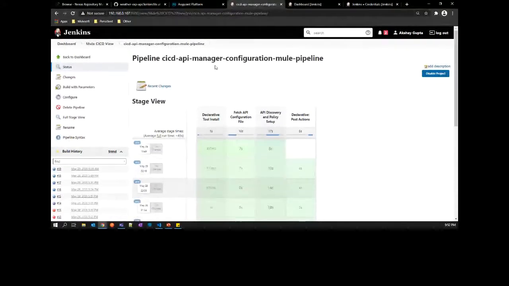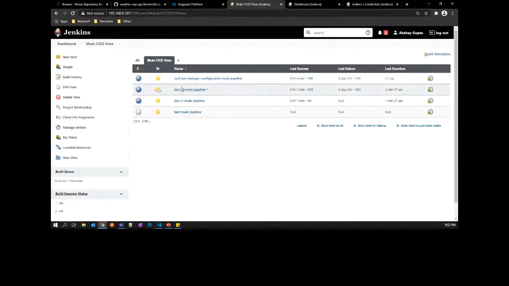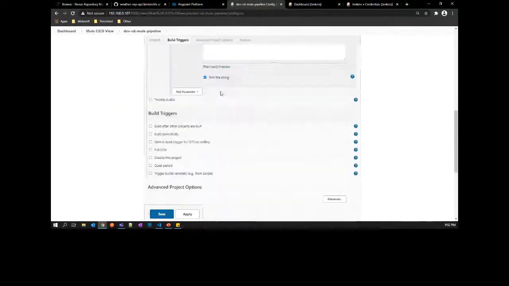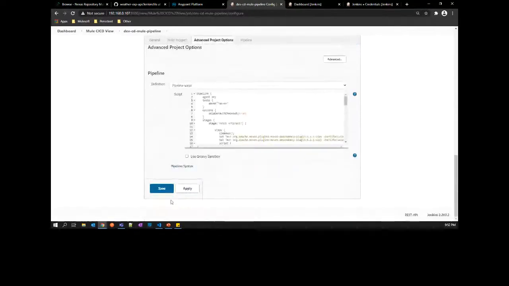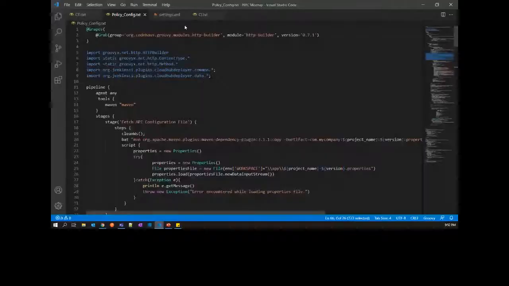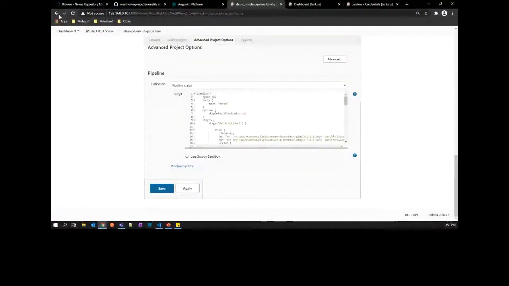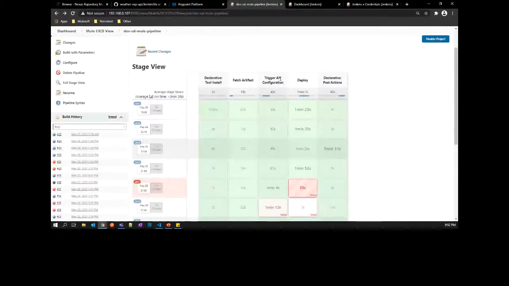So as part of CD, if you would jump to CD. The CD pipeline. Yes, and if I go to configuration, right? Yes. You can see it here better. No, as part of, if you just give one more back in your Jenkins itself. Okay. Give one back and just see CD. So here the third step, trigger API configuration, right? This is the job which Akshay is explaining.